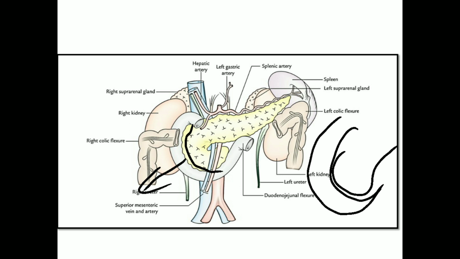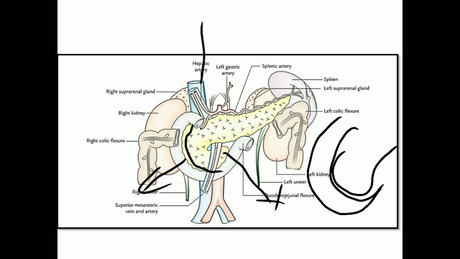The head consists of one more portion, the part that you are seeing here. It is called the uncinate process of the pancreas. Posteriorly, the head is related to a vein, the largest vein in the human body, inferior vena cava. Posteriorly, it is related to inferior vena cava and one more, the bile duct.